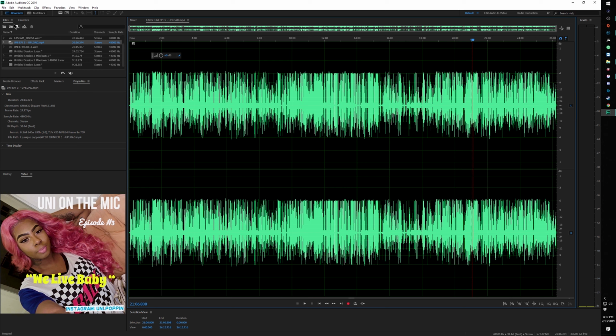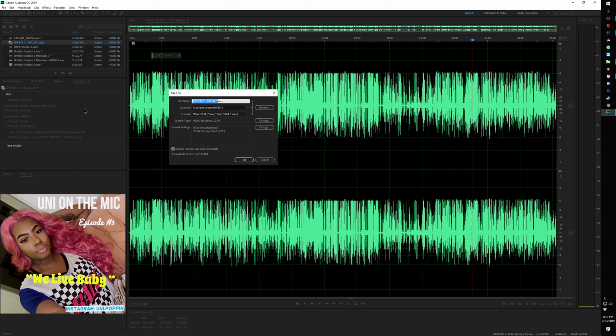And of course, when you're done, you would go to File, Save As, and of course, save it wherever you want to save it. And then one final note I want to point out, saving it as a WAV or MP3, the average listener won't hear the difference in the formats. The advantage of saving an MP3 is file space, the amount of space that the file takes on your hard drive. And some audio enthusiasts, audiophiles, or purists might get a little upset if you recommend saving an MP3,